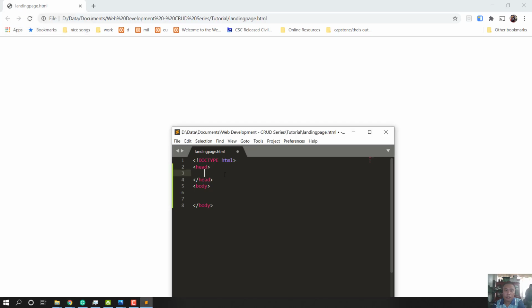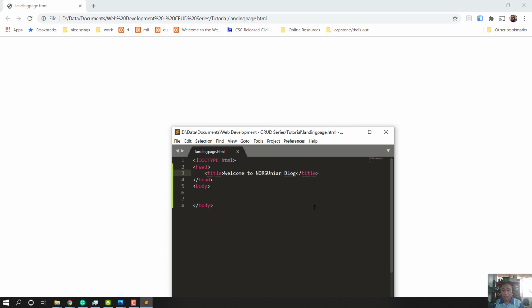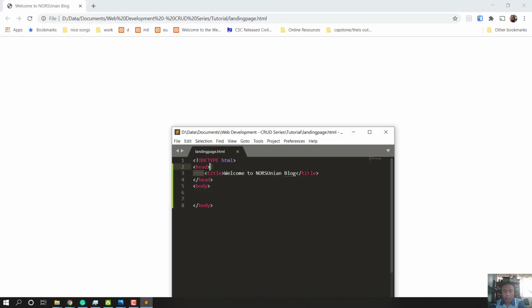If you want to change the default, you will insert a title tag. Then we will put the content, for example, Nur, welcome to Norsunian blog. Okay, Control S, just save your file. Then you go to the web browser and refresh. As you can see here, the default title is now replaced with the title that you set